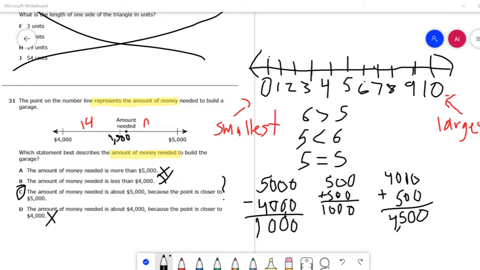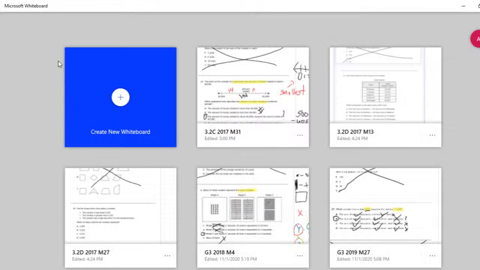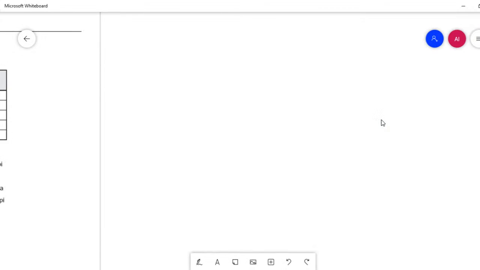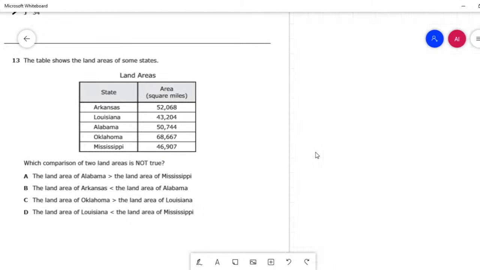Okay, so if nobody has any questions, I will move on to the next problem. So, just if you were wondering, that was problem 31 from the 2017 STAAR test. Now, from the same test, we'll look at question 13, and this one now is TEKS 5, not 5, I keep saying 5,